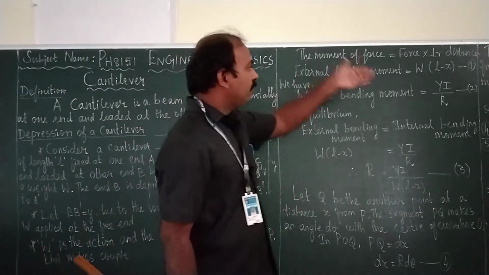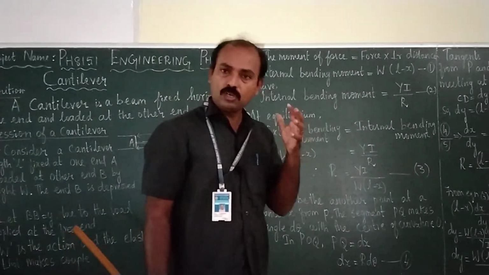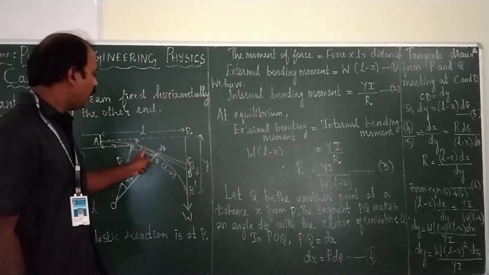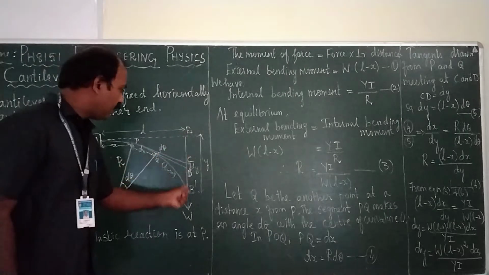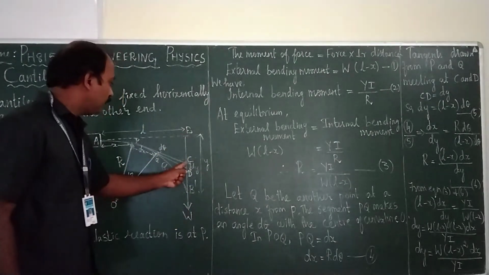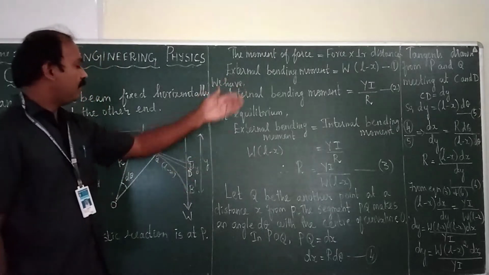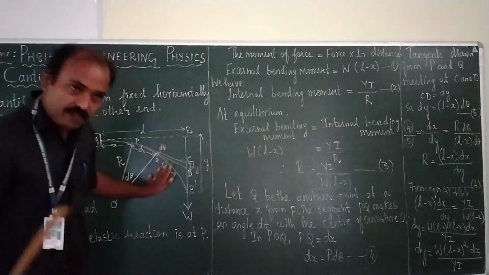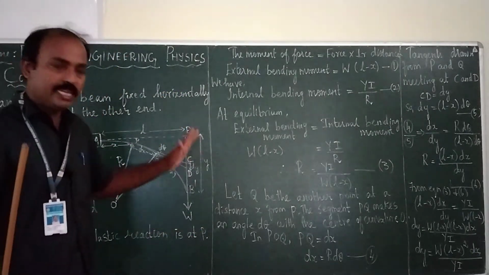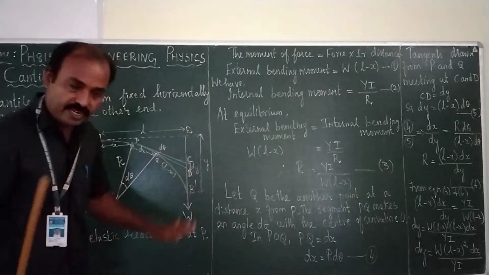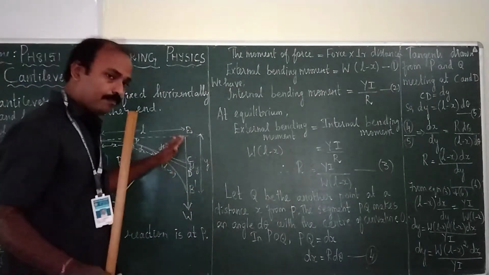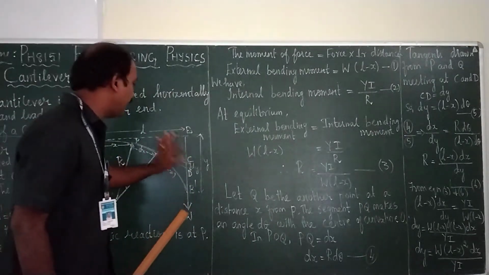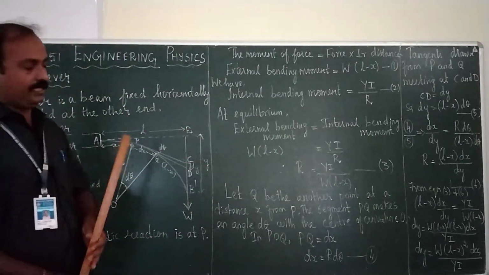So from this, once again we go to the next tangent. Now we draw a tangent from P and also Q to this deflected portion. That is CD. Now we are going to find the CD portion, that small deflection. Actually, the entire deflection made by this cantilever is B dash. For finding that entire deflection B dash, first I am going to find a small deflection, that is dy. From that you can take the integration.